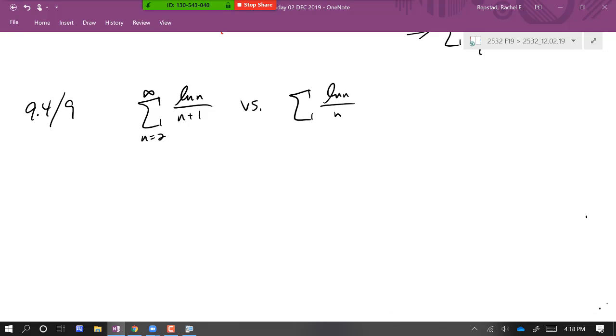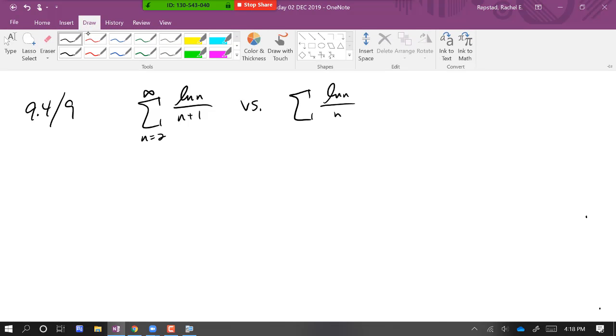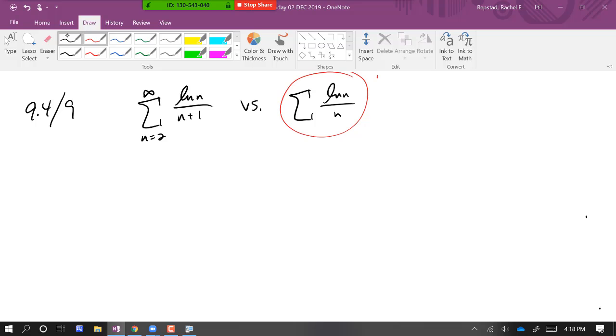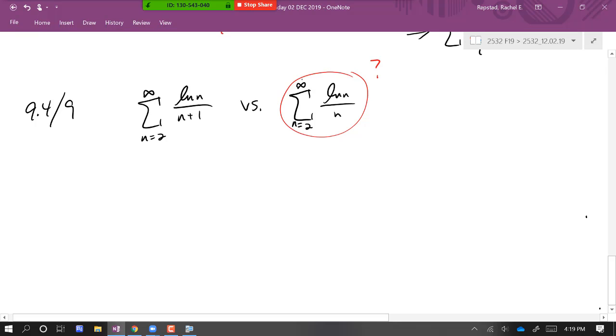So that'd be our first thing. What does this guy do? My gut tells me that it diverges. My gut is not proof, but that's where I'm headed with this. And this was n equals 2 to infinity. But just looking at its form, I might try to look at this using the integral test. Like if f of x is ln x over x,